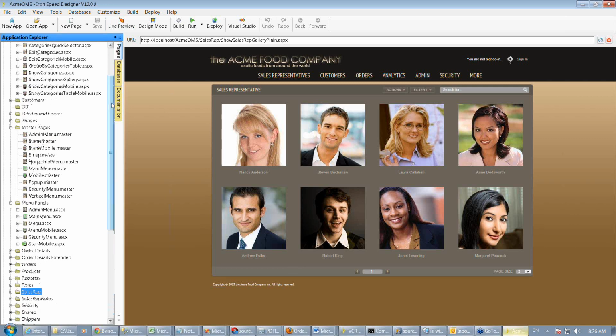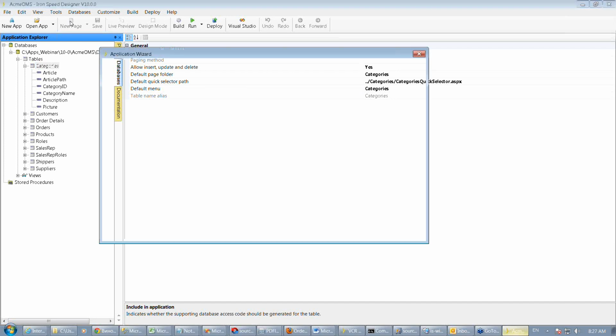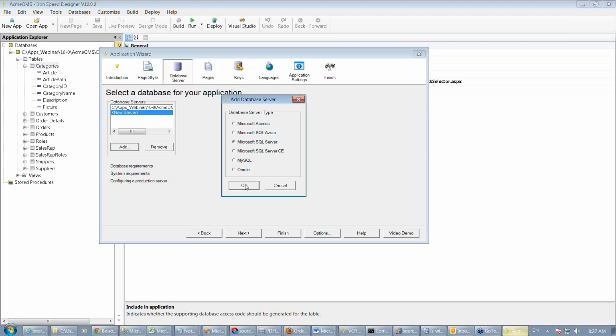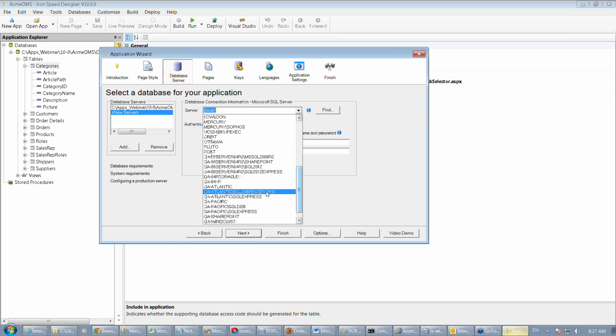So right now I have just one sales database, the Southwind database, with a standard set of tables, which are categories, orders, customers, etc. But let me do something which I wasn't able to do on the previous releases. I will go to my application wizard and say, okay, I need to have another database, and in this case I'll add SQL Server, and my SQL Server would be one of our test servers which we have here. I called this guy